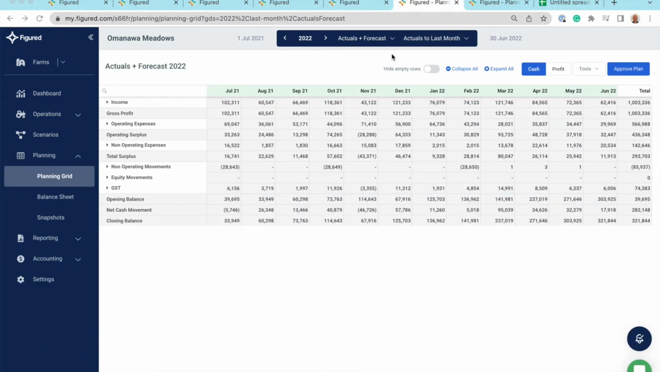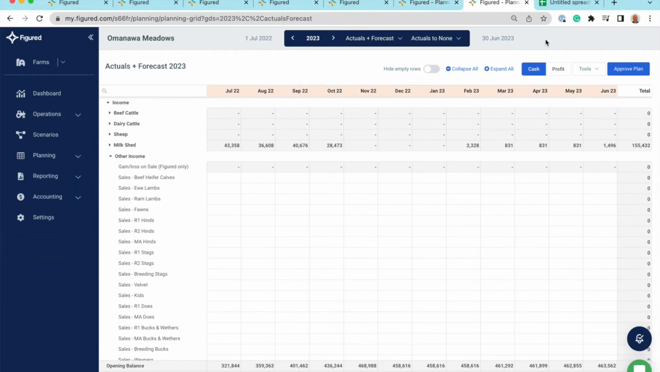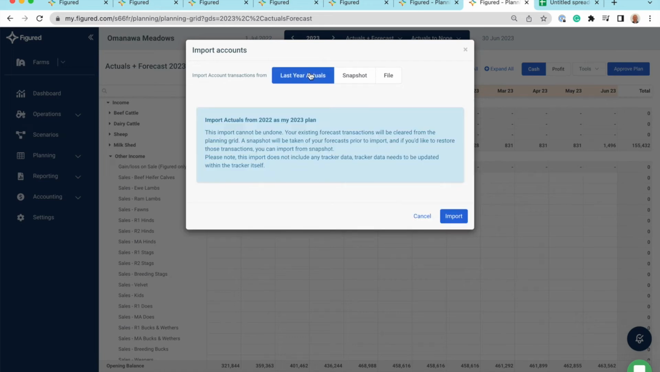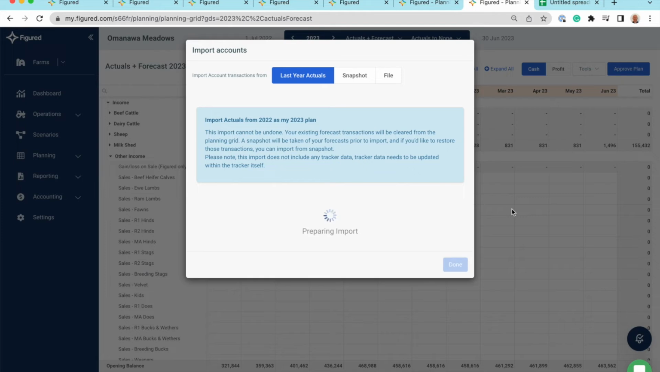So now we're located in the planning grid, and it's the same for this as the trackers. We've got a full season of actuals for 2022 that we can use to build out the forecast for 2023. So as we've got 12 months of last year's actuals, we can use this to populate this year's forecast under Tools, Import, last year's actuals. So if I click Import now, what this will do is it's going to start loading and importing that data